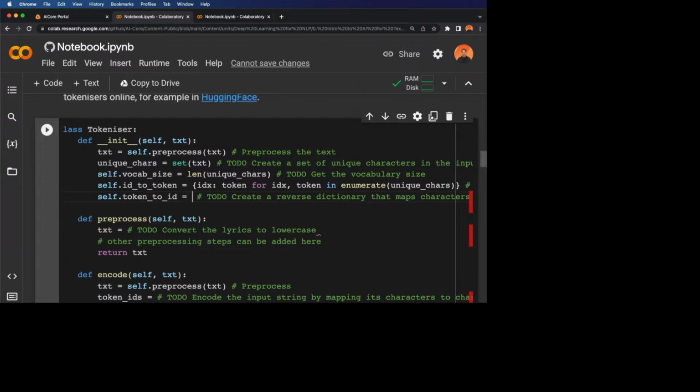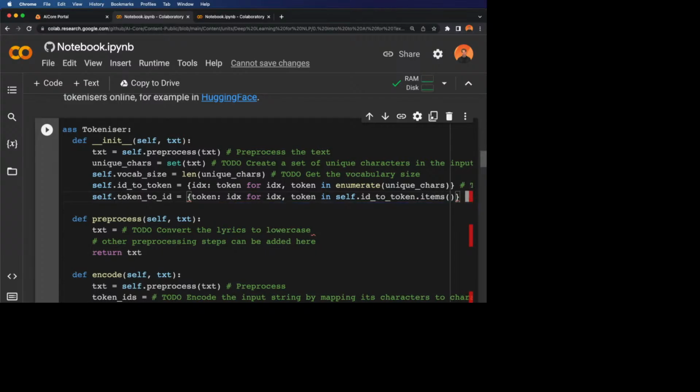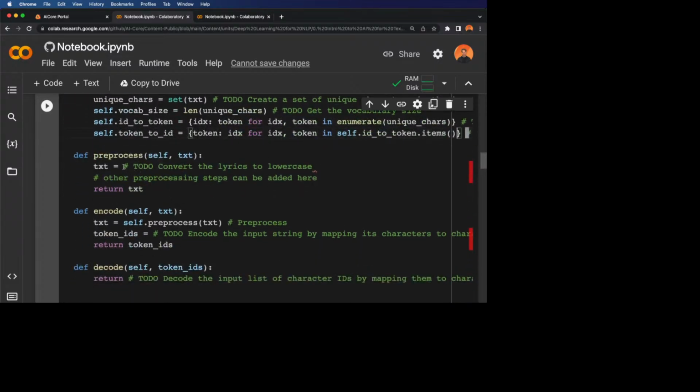To reverse a dictionary, I can similarly do a dictionary comprehension. So dictionary comprehension is like create a dictionary in one line. It's like a for loop, but all in one line, just like we did in the line above. So I want a dictionary. It's going to go from token to index for index, token in all of the items which are in self.id_to_token. And I get them pairwise by doing .items(). Something like that. So if I now run,